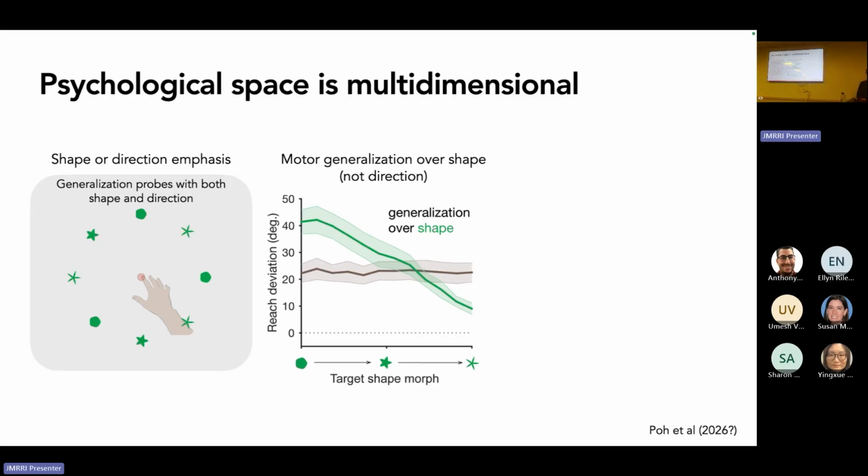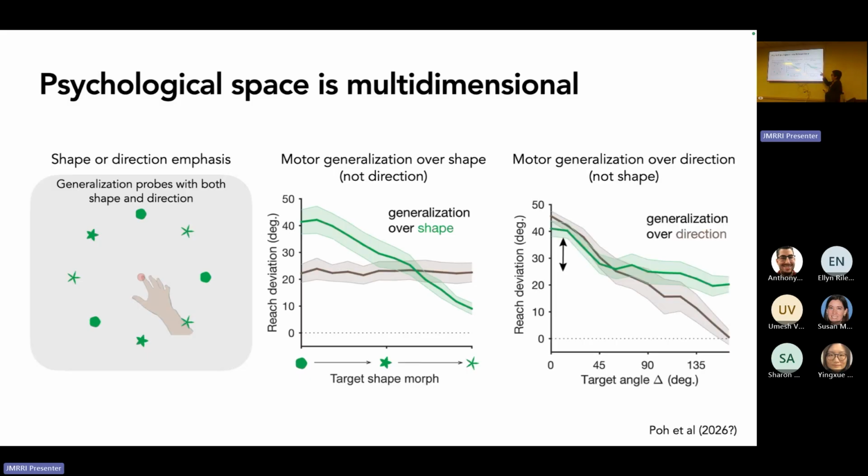If you do the reverse, tell them to generalize over direction, not shape, then we get the one that's on target angle falls here, right? That's the generalization function. And then there's a slight influence based upon the shape. And so maybe someone can't stop or still thinks it's important, right? And the idea here is that this is an inference process. When we do the generalization experiments, we'd have them train at one target, then another target will appear. The person has to say, do I think it's the same? Should I reach the same? Right? And so all of that goes in.